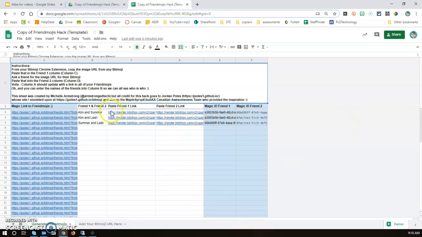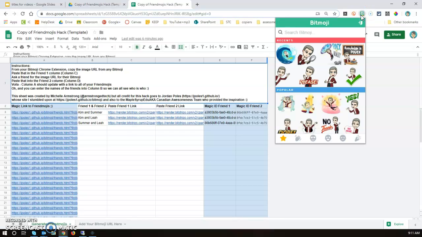Now, what we'll do is write our names in this column of who's going to be in this. So I am friend 1 here, and Summer's friend 2, and then I have me and Leah, and then Summer and Leah. And to get these links that we paste in, you simply go to your Bitmoji extension in Chrome,